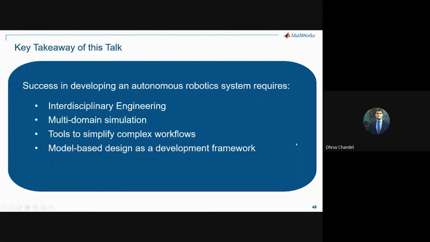The key takeaways. For working with autonomous systems, we need interdisciplinary engineering, we need multi-domain simulation, but we also need the right tools to simplify complex workflows. In the space of 2 hours, we've seen how to model a simple motor, how to develop a controller, how to start the path planning, and then how to put it all together in the same environment with co-simulation and with real hardware. So using these tools may help you out a lot, at least that's what we hope. And do try to use model-based design where you simulate first before going to hardware, which is standard practice in engineering, because that is where the industry is also going now.